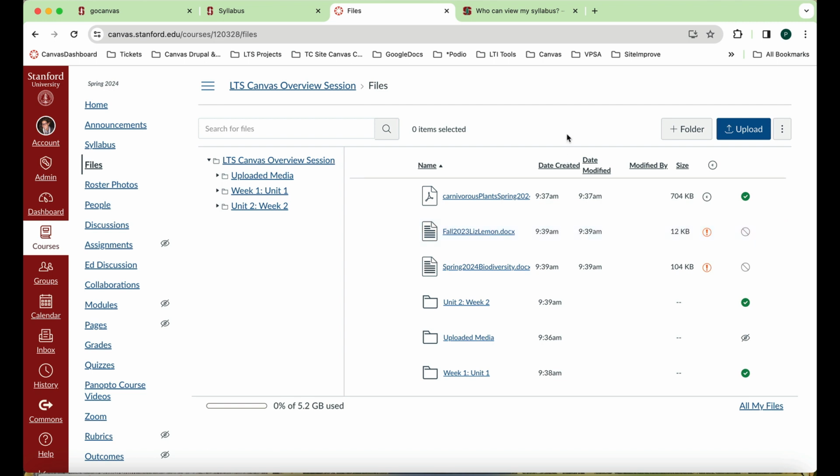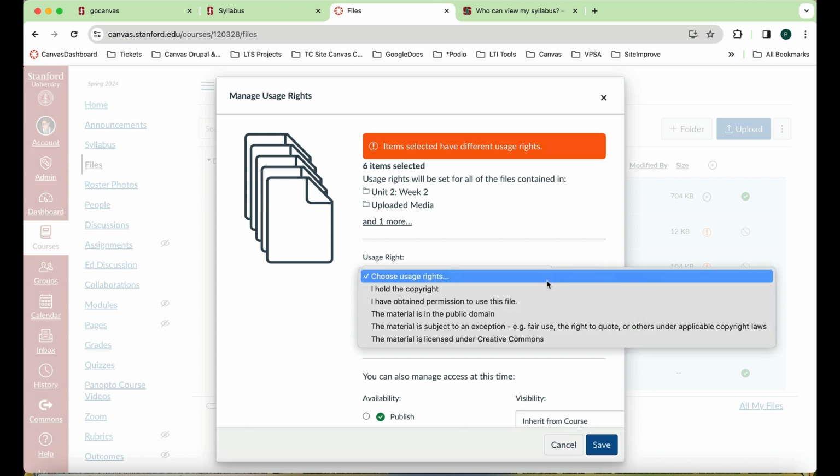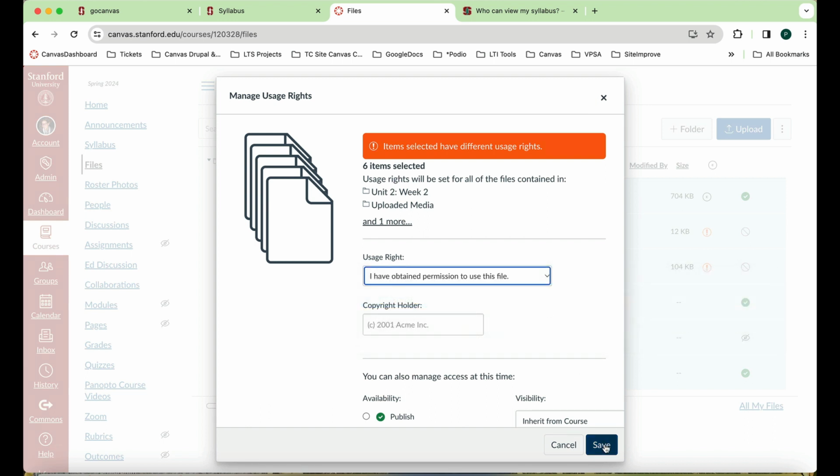If you are on a Mac, press Command A. If you are on a PC, press Control A. As you can see, everything highlighted in blue, and this toolbar appeared at the top of the screen, which allows for bulk functionality. This button, the circle with the C in it in particular, is Manage Your Usage Rights. So I'm going to click on it now that everything is highlighted in blue. And here is where I can manage the usage rights for multiple files. Do not forget to scroll down and click Save.